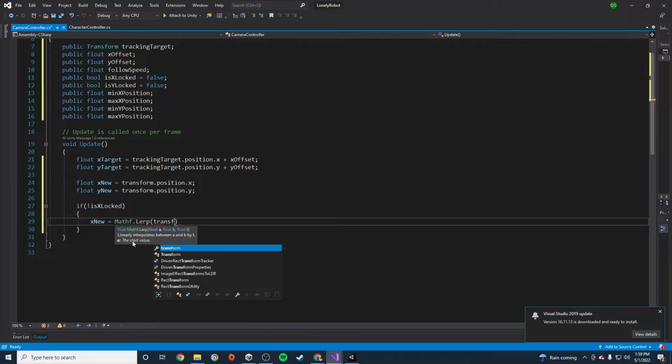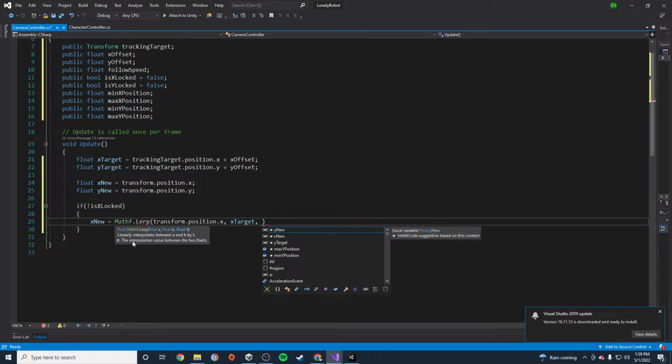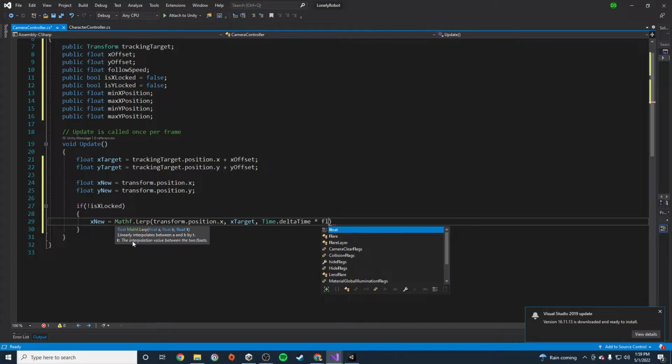So the first point is transform dot position dot X. The second point is going to be the X target. And the time that we want it to happen is time dot delta time. Delta time calculates how much time has passed since the last frame, and it's going to smooth out your time a little bit. So time dot delta time, and we're going to multiply that by